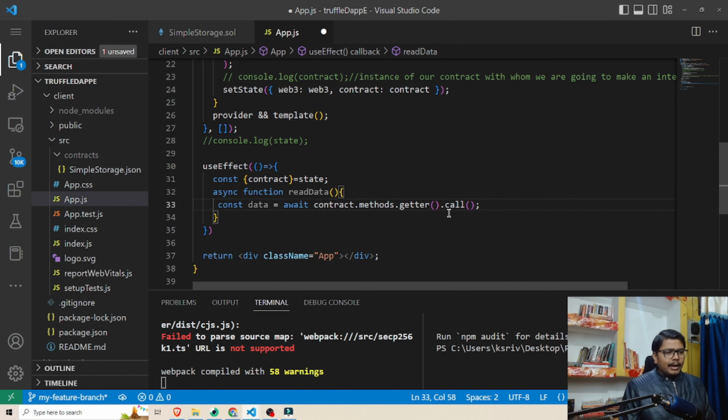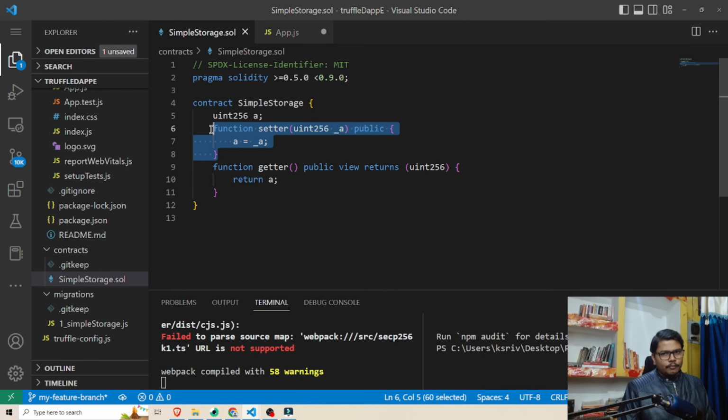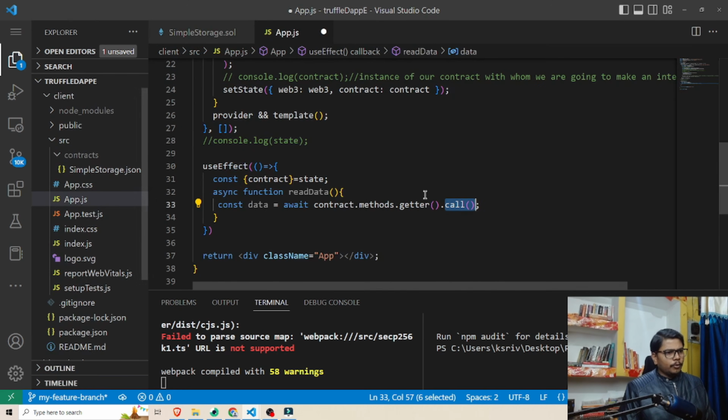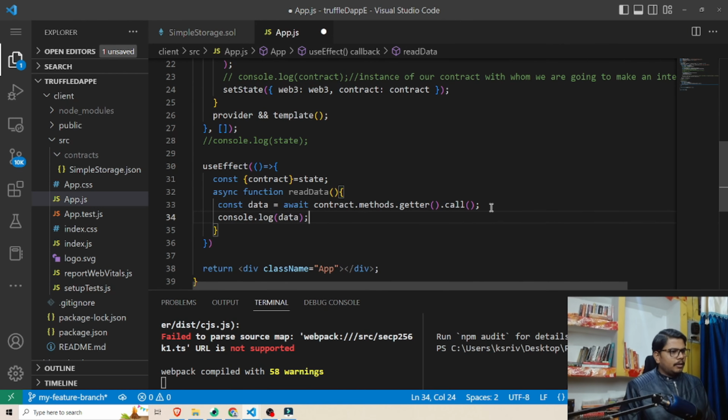Okay. And remember one more thing regarding this particular call function, that whenever you are reading something from your smart contract, then you are going to use this call function. And if you are writing to your smart contract, then you are going to use the send function, which we will see when we will write something on this blockchain, when we will call this setter function. But I will tell you about that in that particular video. But for now, let me console.log this particular data so that we can check,